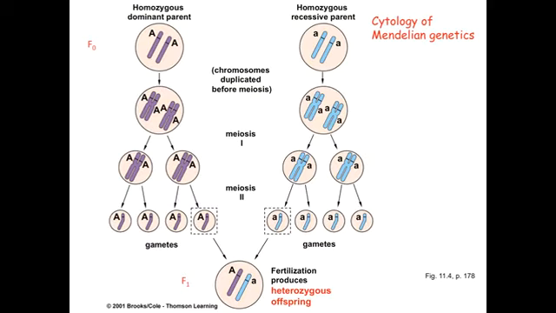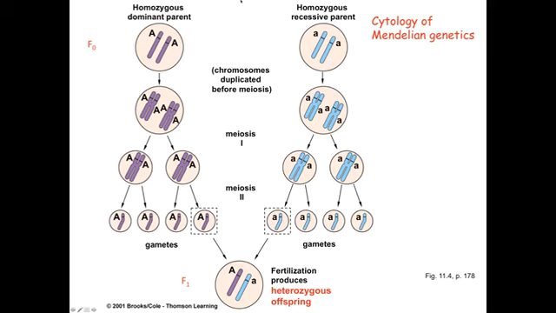Okay, now this is kind of cool. Years after Mendel discovered the principles that we were just looking at, cytologists looking at the process of meiosis under the microscope saw the physical basis for the distribution of traits that Mendel observed. And what we're looking at in this diagram are 2 true breeding parents. In this case, we've got a purple one and a blue one. Here you can see they're homozygous, big A, big A here, and little a, little a over here in blue.